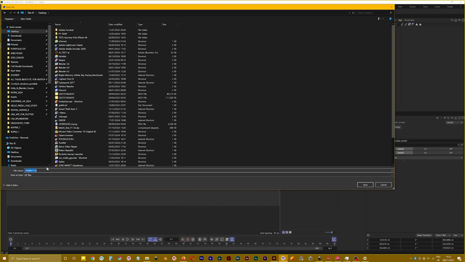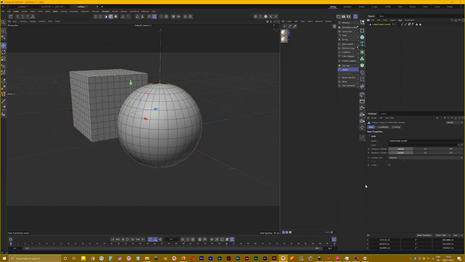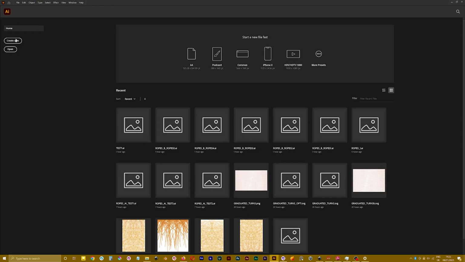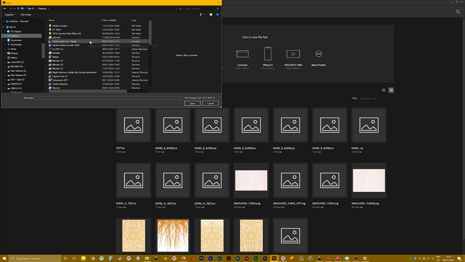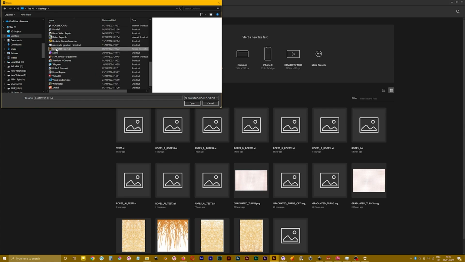I'm just going to do it on the desktop, and I'll call that whatever, call it whatever you want. And save that. And now if we jump into Adobe Illustrator or the vector program of your choice, and we're going to open up that file, go to the desktop, find that file, and open that up, and hopefully